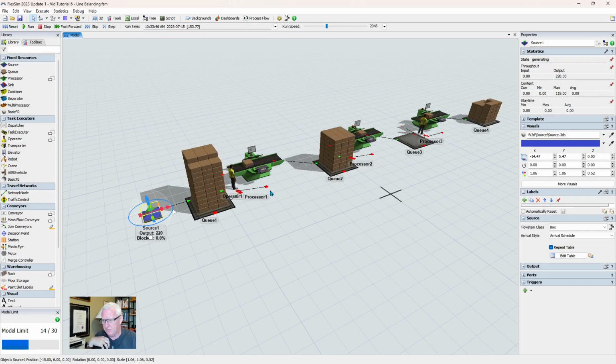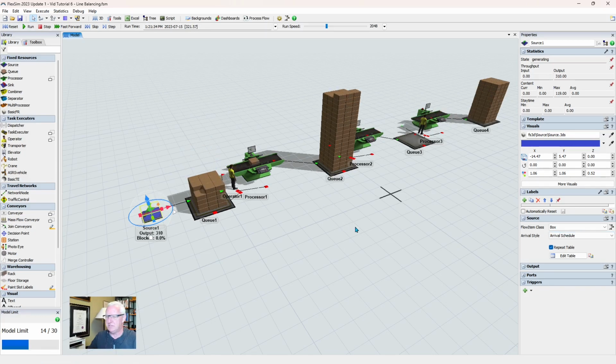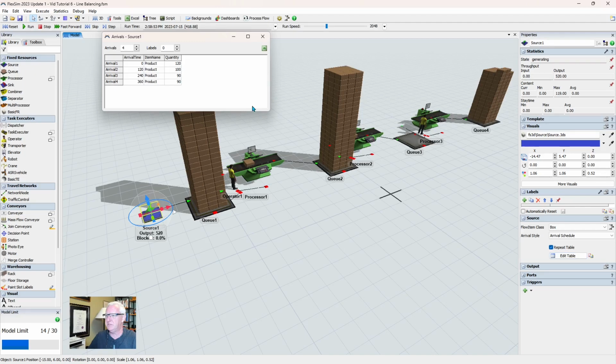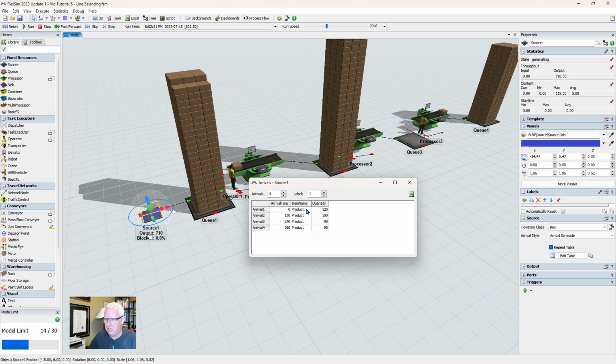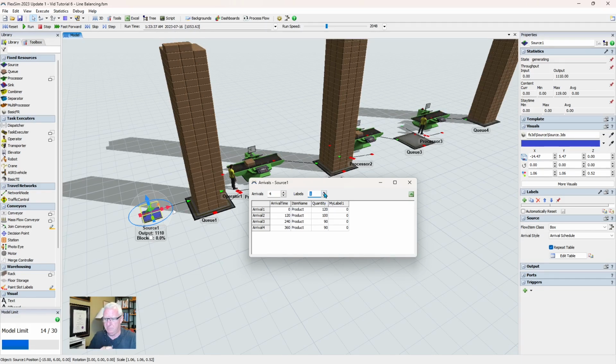So this is, to me, a really good way of controlling the flow into your model, to set up an arrival schedule. There's some other advantages that I don't want to talk about here, but I'm just going to point out. Because we set up this arrival schedule table, right now I have no labels assigned because in this demonstration I don't need any. But here is why I really like the schedule: it's the quickest way of attaching labels to the product coming in. So if you have some kind of a scheduling and dispatch system, or a dispatch and pick system,